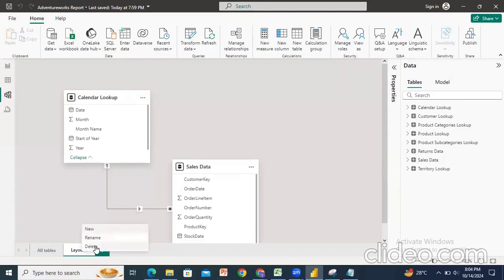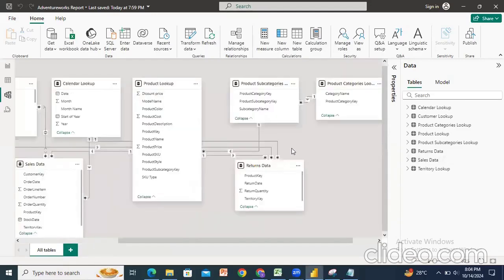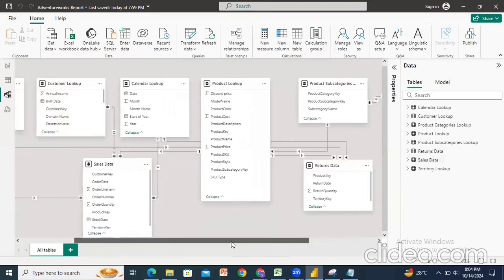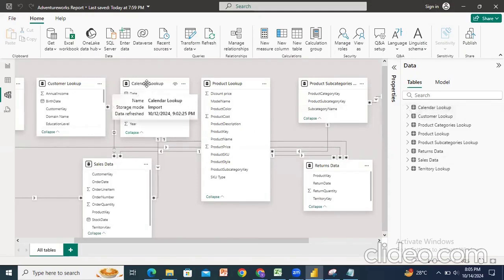So I will remove this part, right click and delete. So this is the model layout. Next, data formats and categories. So this data formats is mainly to customize the data formats from the column tools. I will show here how we can change this data format. So let's go with one particular calendar lookup. In calendar lookup, go to column tools,